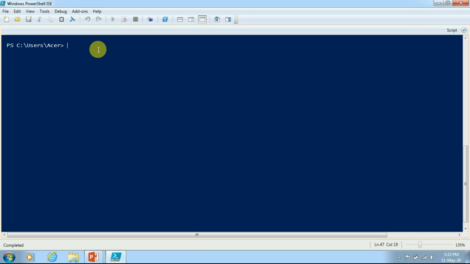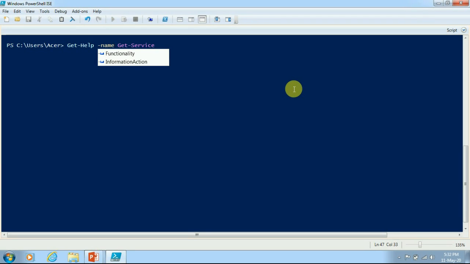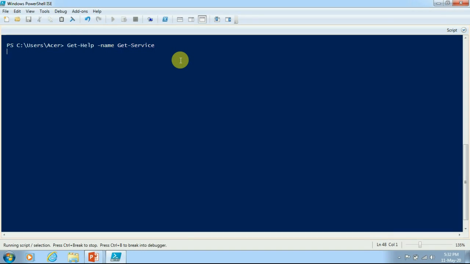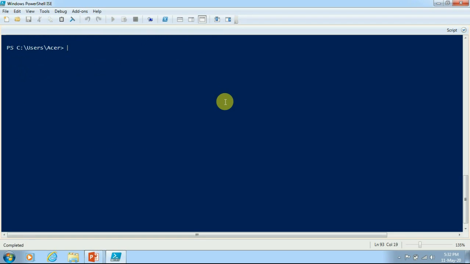So let's move to another example. What this example says is that we can pass Name as a parameter here as well. Previously we have not given anything, which means it is not mandatory to pass. We can straight away give the cmdlet name after the Get-Help cmdlet. If I run this, it is also going to give the same information.